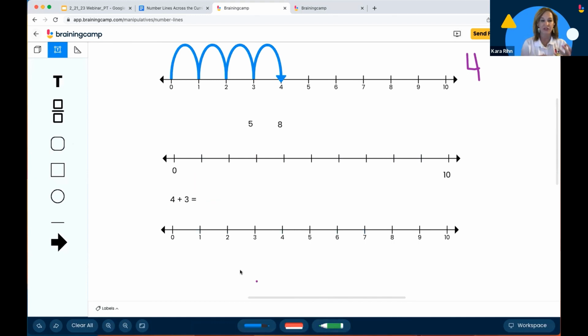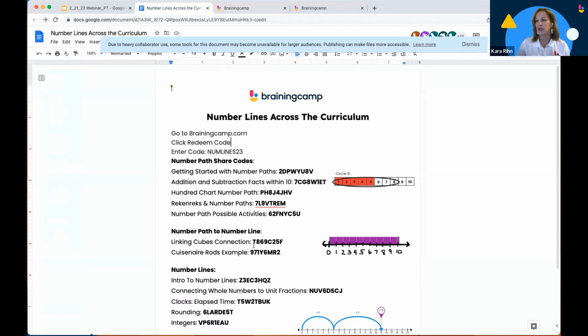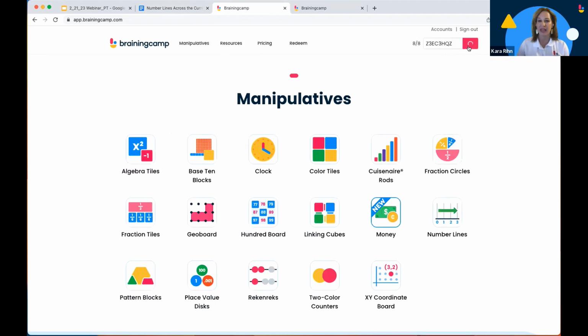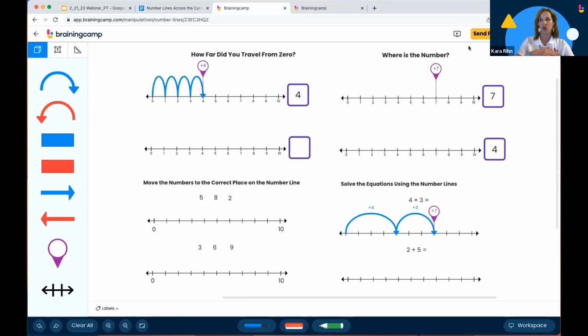And so that's kind of just the beginning of it. This number line connection here, or I'm sorry, introduction to number lines, is going to give you a lot more. I just wanted to show you how I created it. So be sure to check out the share codes on that handout, because it's going to give you lots of different ideas. Maybe that's already better and looks all nice, and they're ready to go and ready to use for